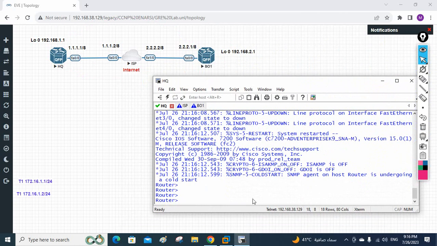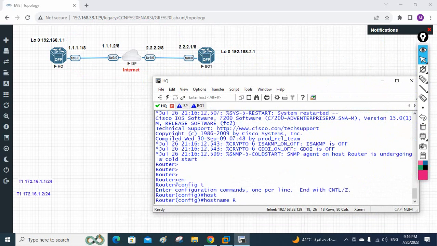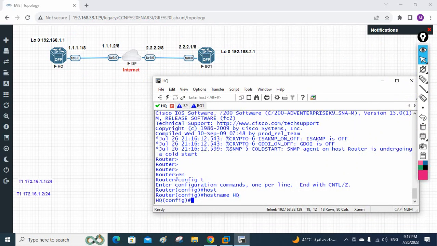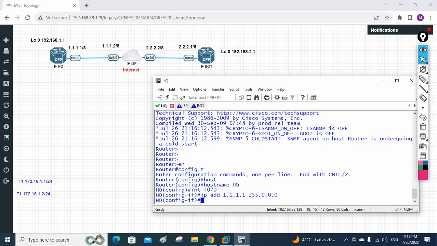If you see here, I am in the head office router. So let's start the basic configuration. I will do enable, config t. I will change the hostname of the router to head office or headquarter, and then I will assign the IP address to the interface. We are using FastEthernet 0/0. Already you know about this from the CCNA level. So I will do this fast. Whatever IP we planned, I will use that one. If you see here, we planned this IP, so I am using 1.1.1.1 and 255.0.0.0